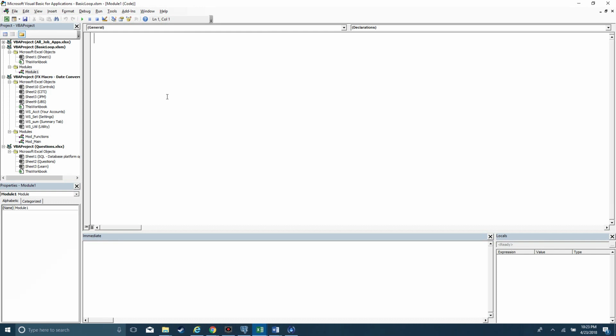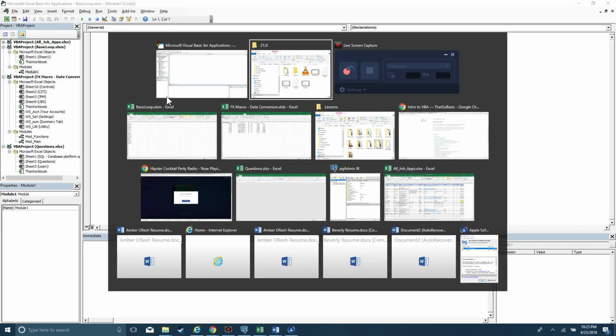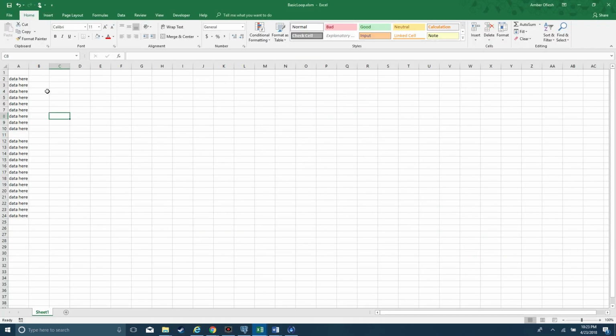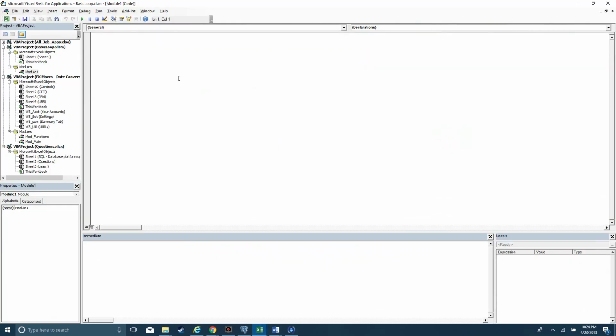All right, start by downloading the companion file from that'ssobasic.com, or you can simply create a blank workbook, and then I'm just going to have some really basic data here. If you want to just create that really quick, that's totally fine. You will be able to do it in no time at all. And then go to your module, and we'll go over some really basic loops. Type sub basic loop,